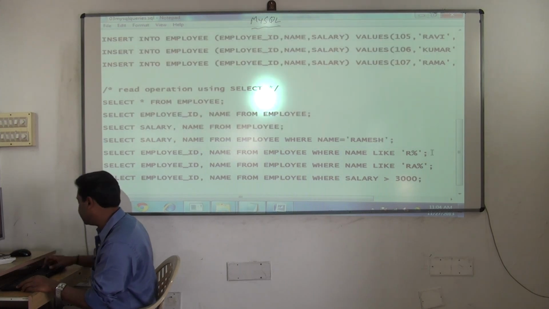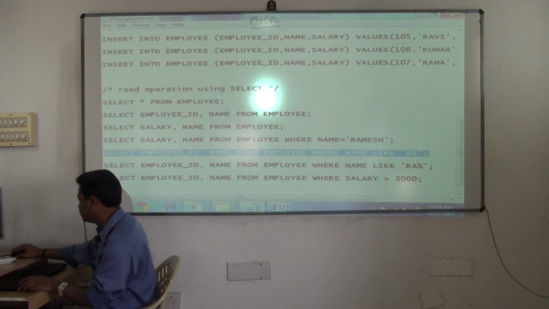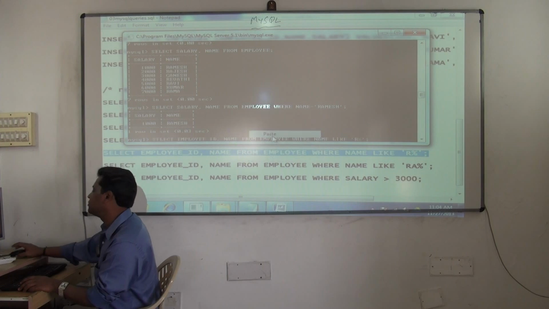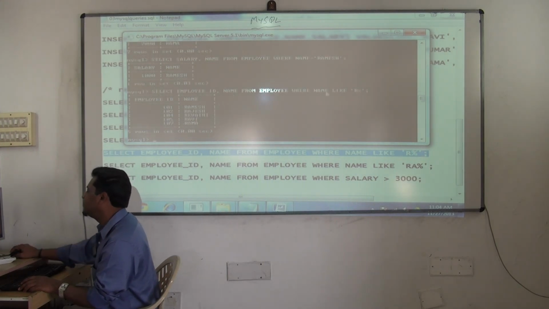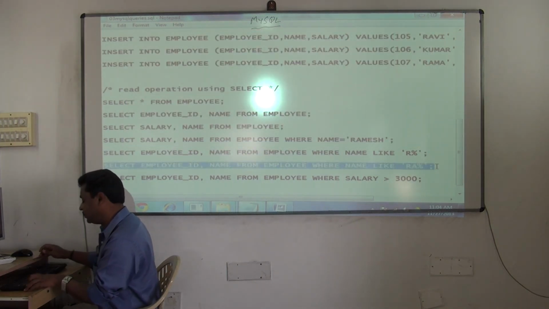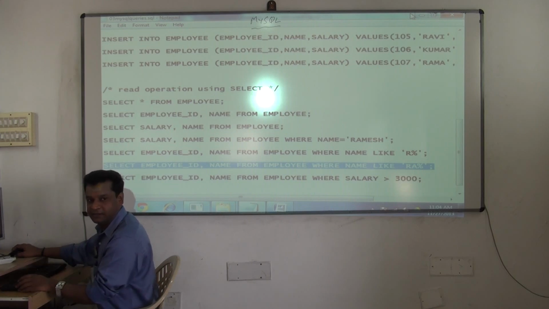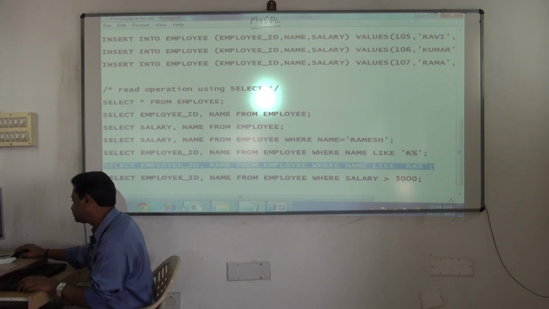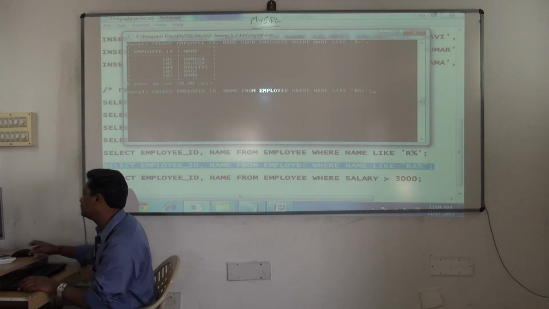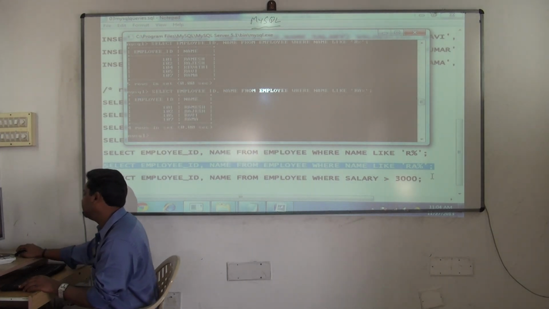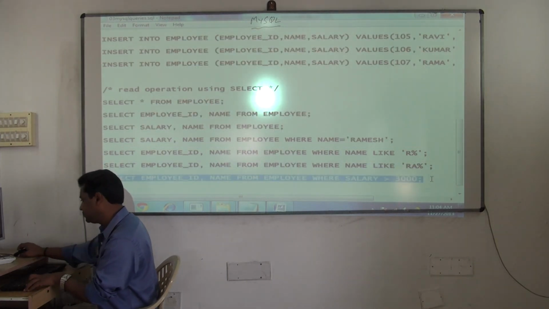Then next, where name like R percentage. It will display the details of all the people whose name starts with R, but I have selected only ID and name. Where name like, but what is like? Pattern making operator. Understood? So you can use it. Then relational operator.